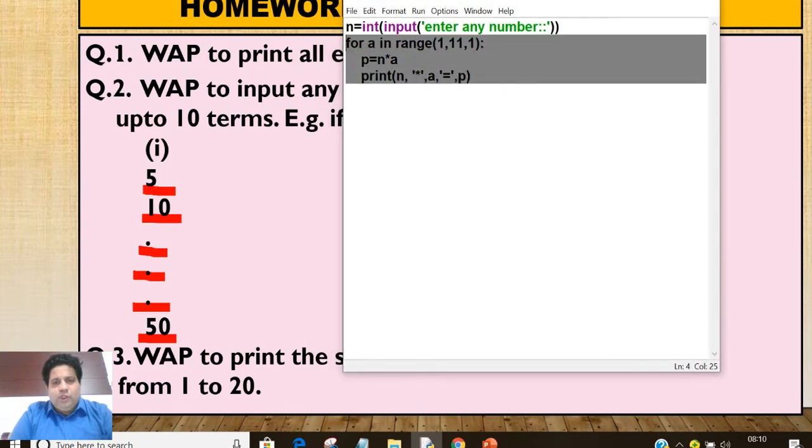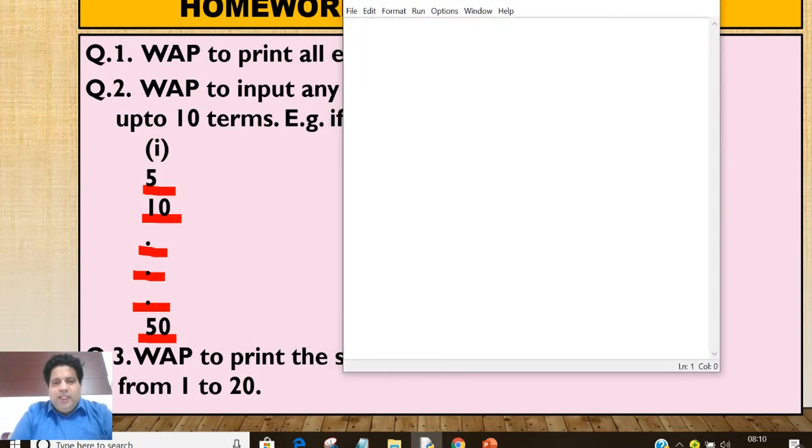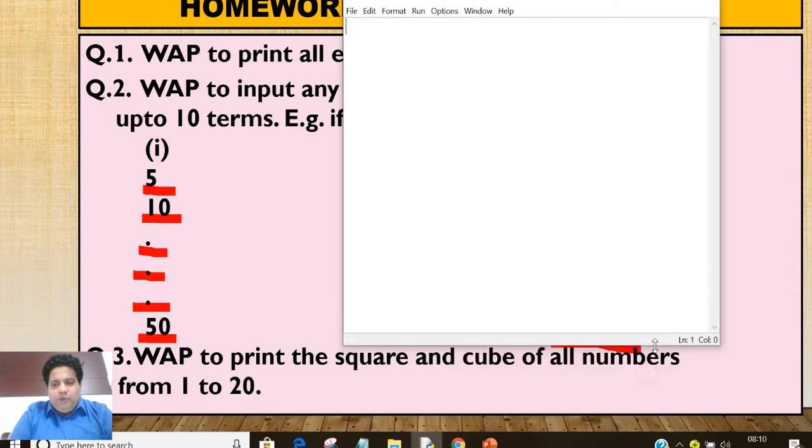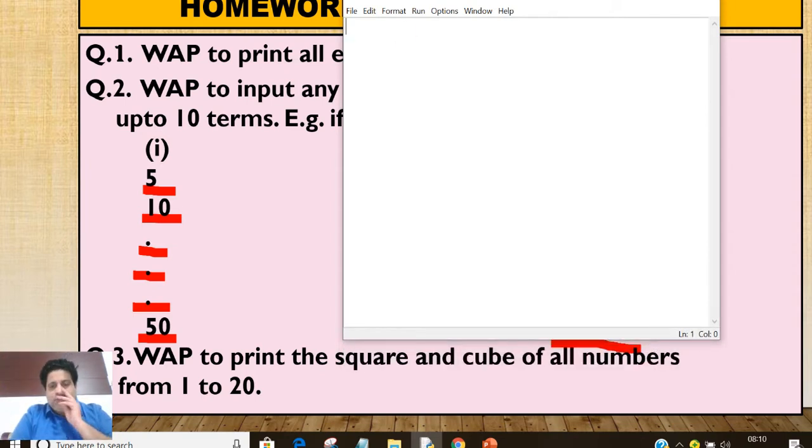First of all decide whether you have to take input of any value. In this program there is no input of data, you have to print the square and cube of all numbers.